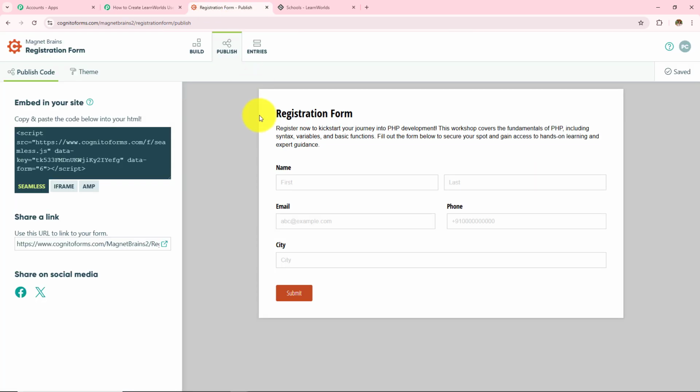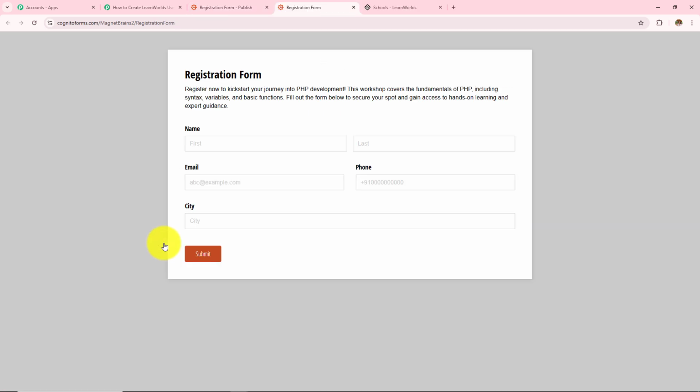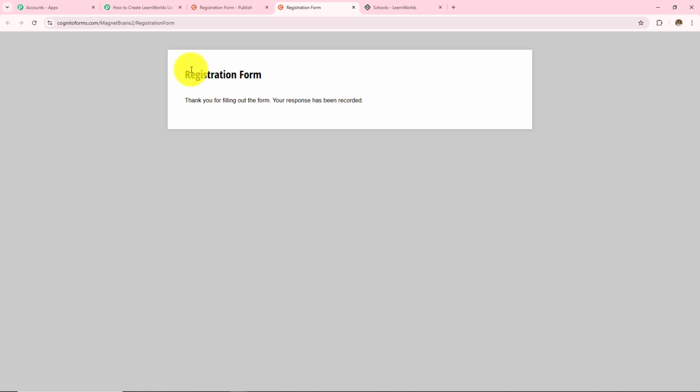So I'm going to open my form, and for that I'm going to click on this link given over here, and then I'm going to fill some dummy details on all these fields. So let's say my first name is latest, my last name is user, my email address is latest444@pabblytudes.com, my phone number is this, and my city is, let's say, Indore, and then I'm going to click on this submit. Here I have successfully done the form submission, and this response should be received in my Pabbly Connect